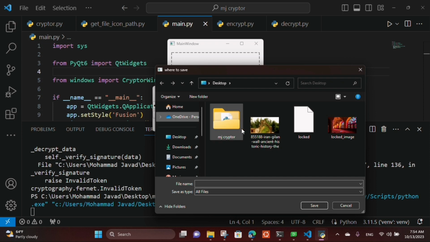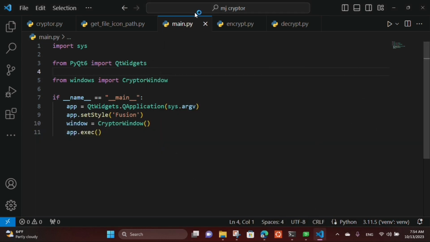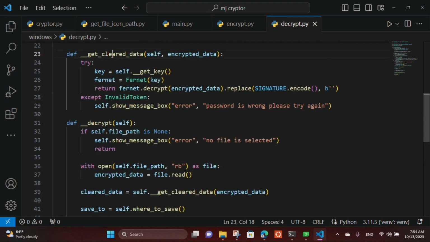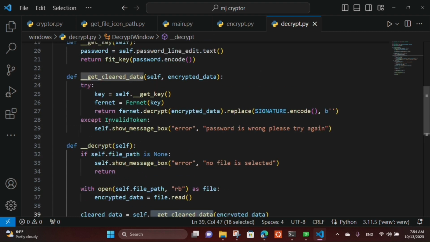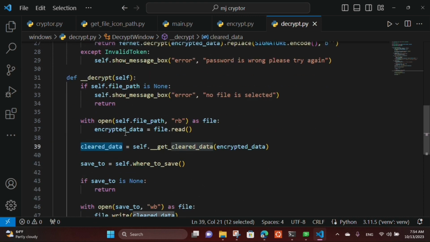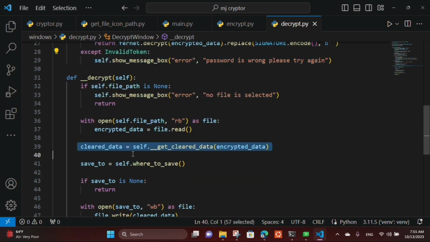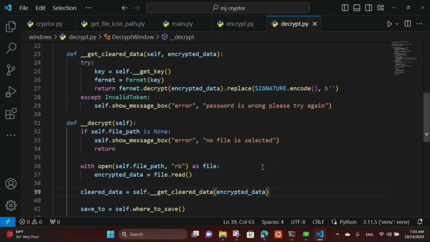decrypt, a wrong password, no longer a crash, password is wrong, please try again. Oops, when the password is wrong, you shouldn't let it select. Okay, decrypt, get clear data, how to handle it. We can raise an error. We could move this try except here or return none and handle it with an if clause. But I think